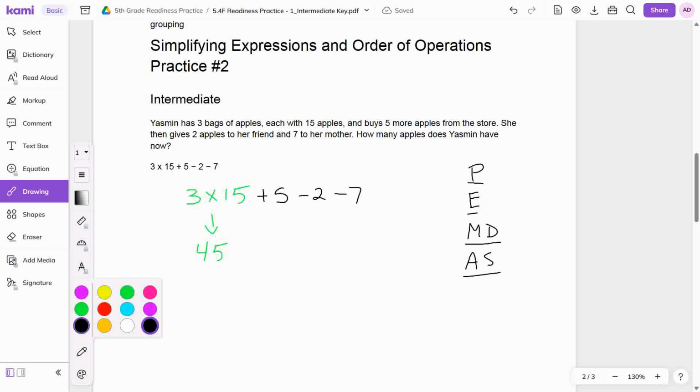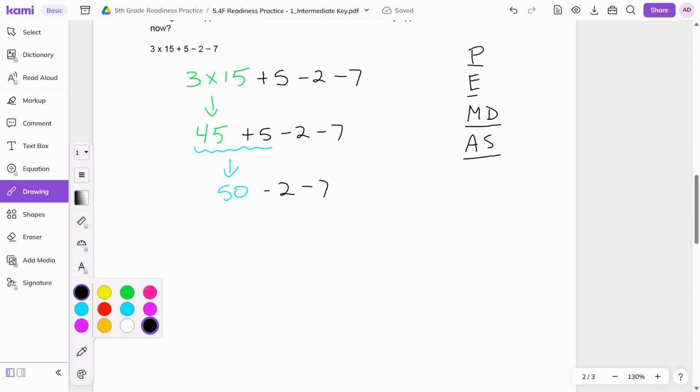Now at this point, I'm just going to copy everything else down because you only want to do one operation at a time. So now we've got our 45 plus 5, and that's going to be 50. And I'm just going to copy this down, minus 2, minus 7. So now I've got 2 different subtractions. Once again, you could just go left to right with what's remaining because adding and subtracting, they're all on the same level. So I'm just going to subtract these 2,